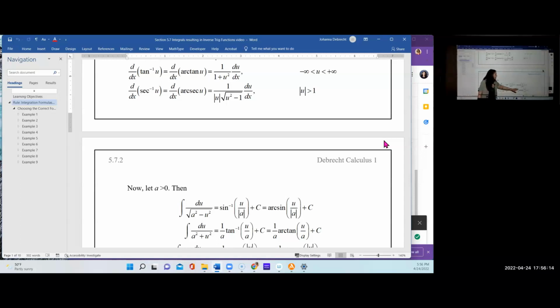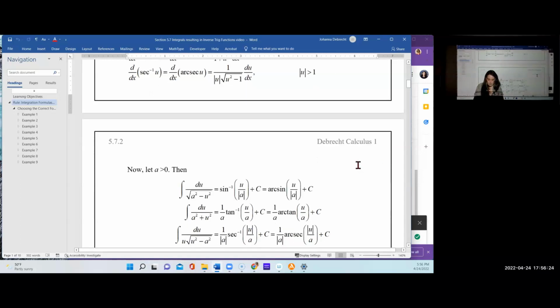The result gives us 1 over a, the arctangent of u divided by a, up to the constant of integration. Let's look at the last one we're going to consider in this section, which is the one involving arc secant. The derivative formula gives us the absolute value of u in the denominator multiplied by the radical of u squared